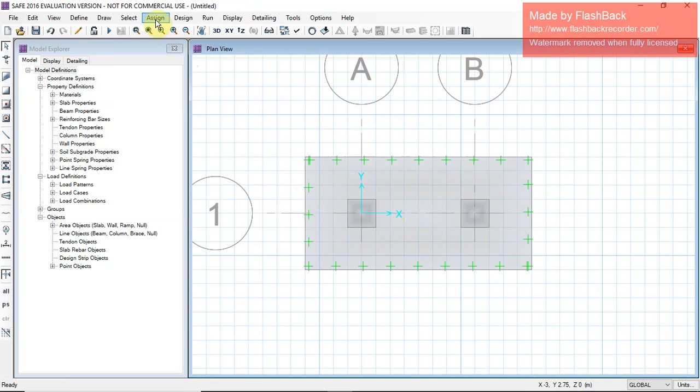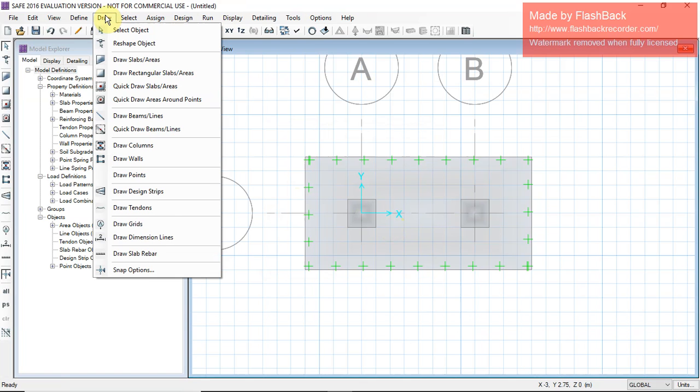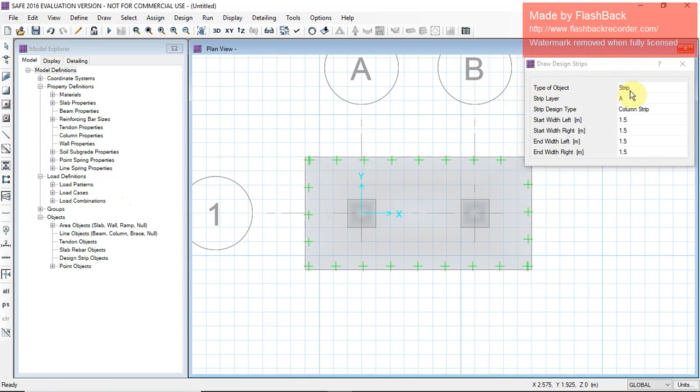Now you have to design strips. So draw design strip. Now you can see strip layer A, column strip. Start with left, all the 0.5 strip rate. Okay.